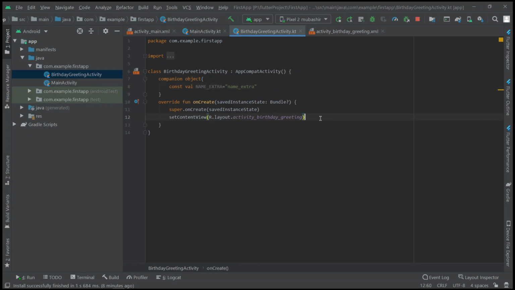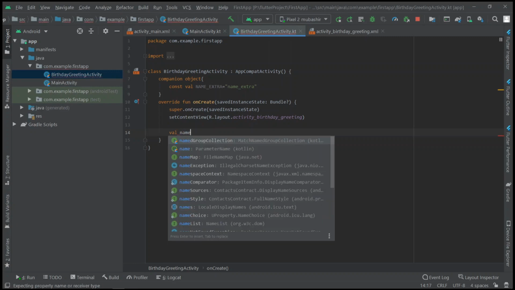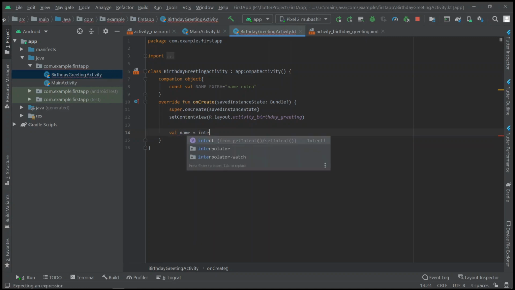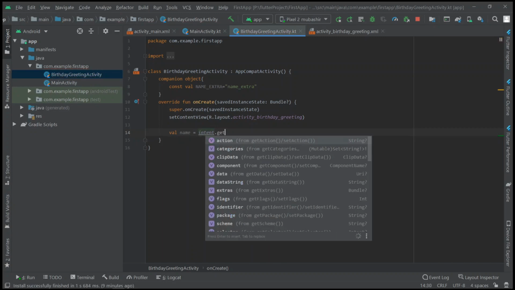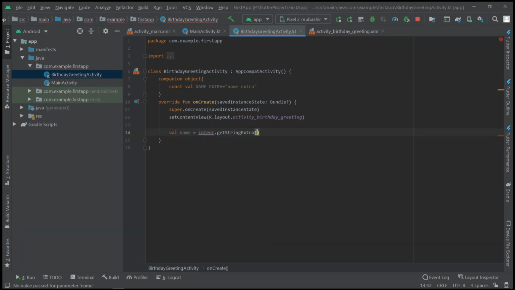So before that, here I am going to receive this using val name is equals to intent dot getStringExtra, and here we need to receive name.